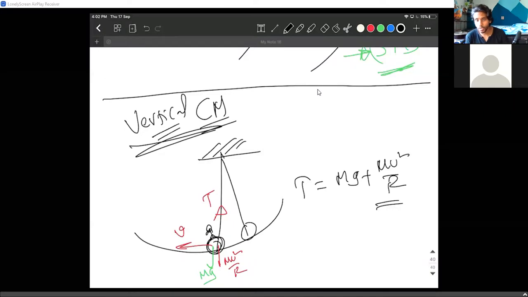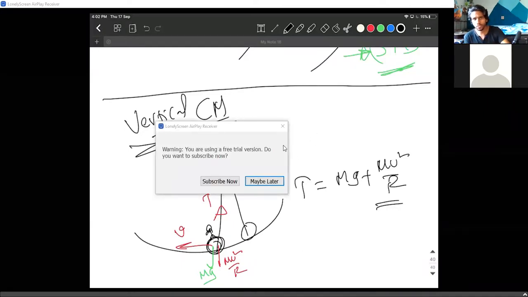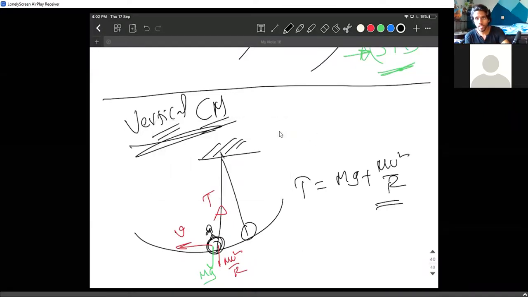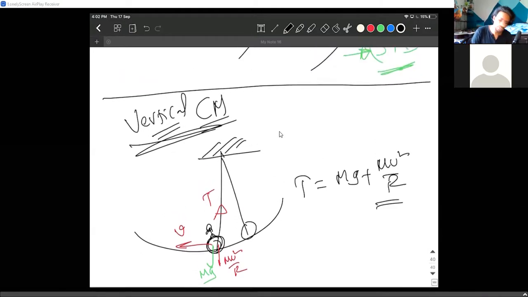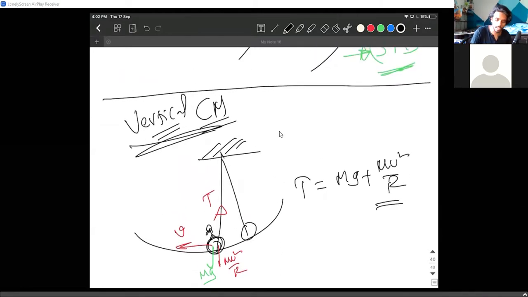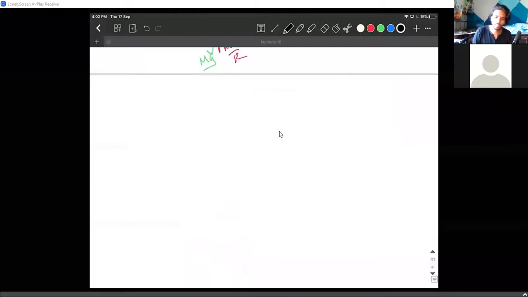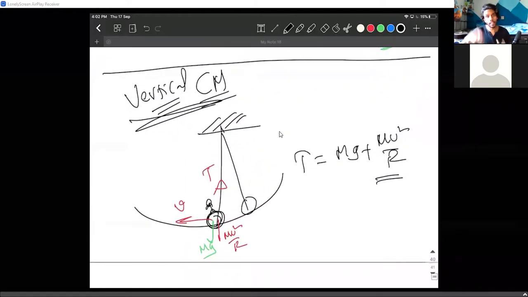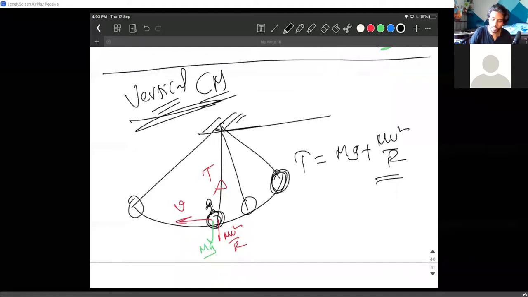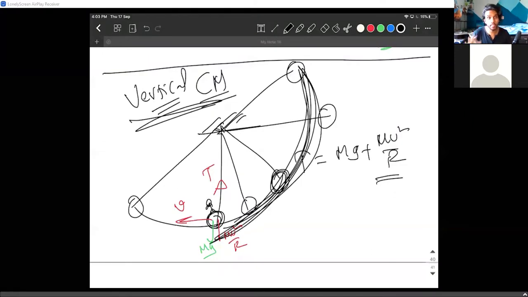Sir, for question 20, we should use a equals v square by r, of course. So in these pendulum problems, every time he asks about vertical circular motion, you simply need to look at the problem. The other end of vertical circular motion is we will talk about here, here, and sometimes even here also. Comparing all these ideas will be much more difficult. I will talk about that topic later, not in this week's syllabus.